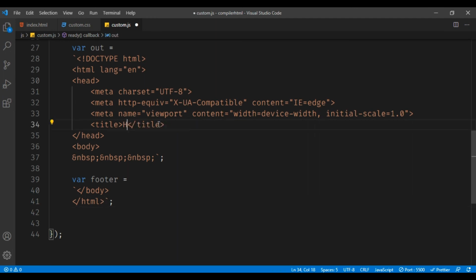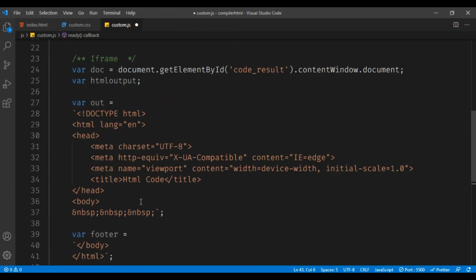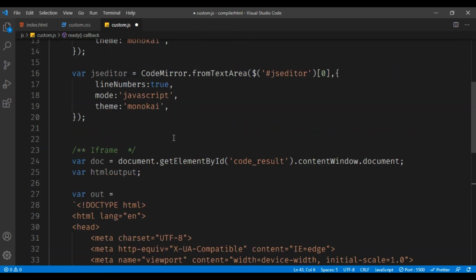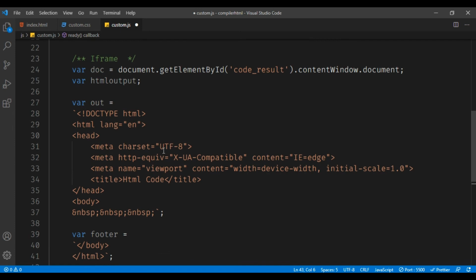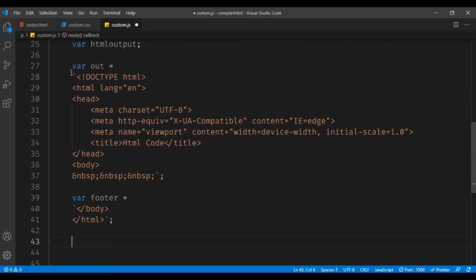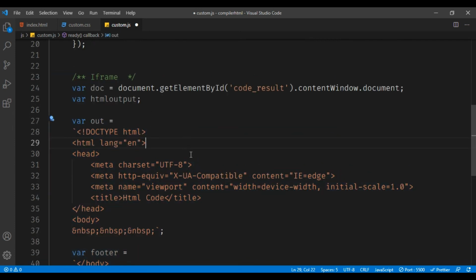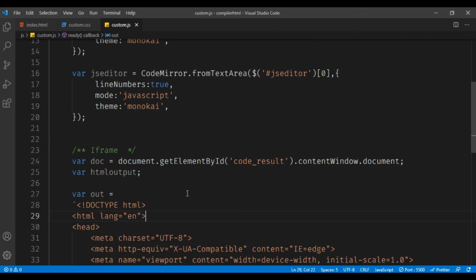Let me write here HTML code. Okay, so far so good. We are already ready with the HTML editor.